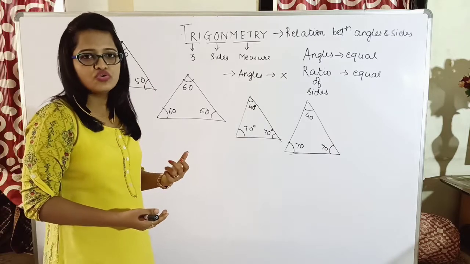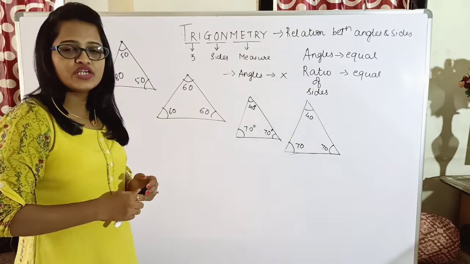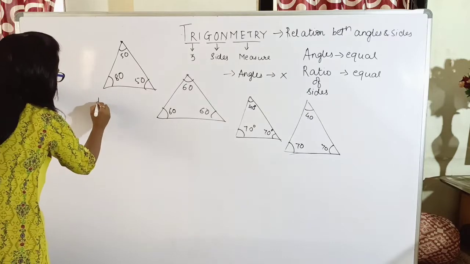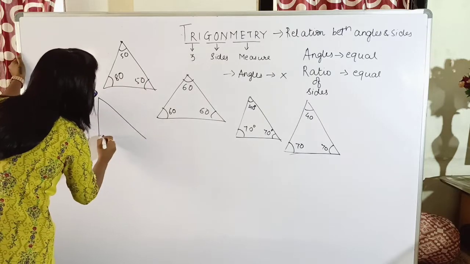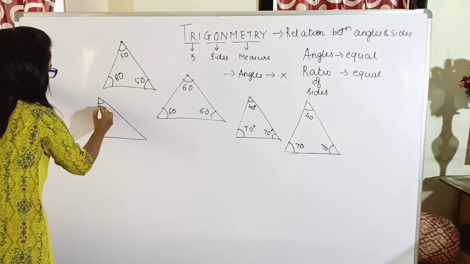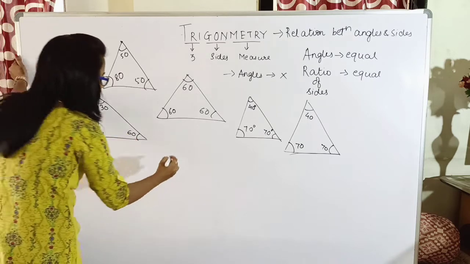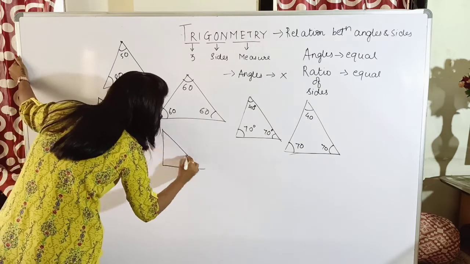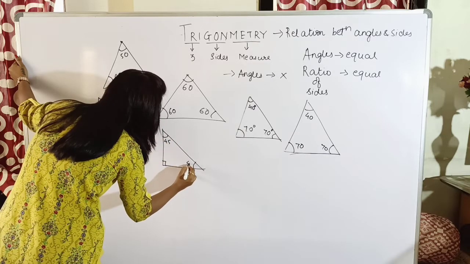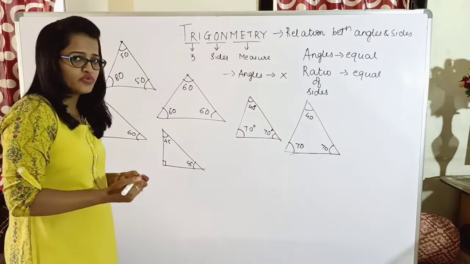Is it? No. So then what we are going to do, we are going to remember it only with respect to one triangle. And what is that triangle? It is a right angled triangle. Now in a right angled triangle also, one angle is 90 degrees, so there are 2 or 3 combinations. So in the first combination, the other two angles will be 30 and 60, or the other two angles could be 45 and 45, isn't it? Yes, or many more.